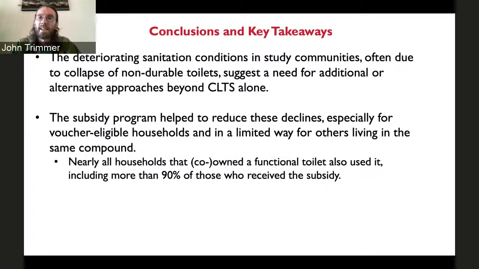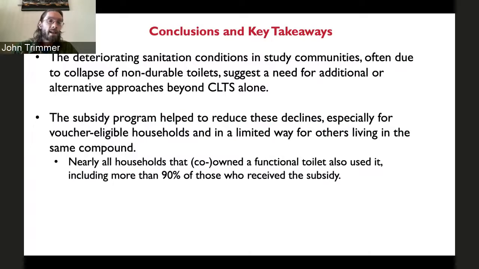And as Joyce mentioned at the beginning, that requires something in the neighborhood of at least 80% toilet coverage when that happens. And even at baseline, we saw some declines from that, and then it was more so at endline. And as we discussed, this was often due to this issue of collapse, whether that's collapse of the superstructure or substructure, often both. And we feel like this really suggests a need for something more beyond just CLTS alone within these types of contexts, where you have some difficult soil conditions, difficult environmental conditions that contribute to these issues